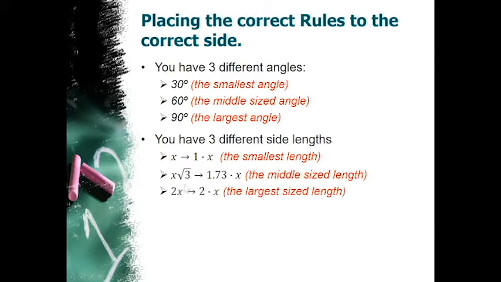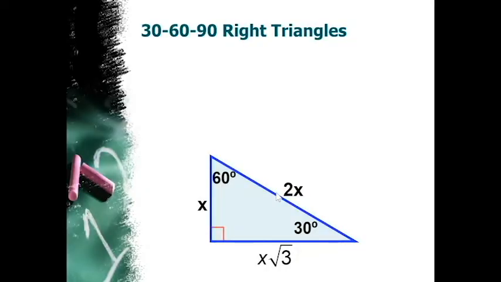The thing that students need to remember is that root 3 is not a value of 3. It's actually a value of 1.73. Because of that square root, it's a little bit deceiving, but keep this in mind that you are square rooting that number for the value. So the x is your smallest length, the x root 3 is your middle-sized length, and the 2x is your largest length. So when we go to our triangle here,